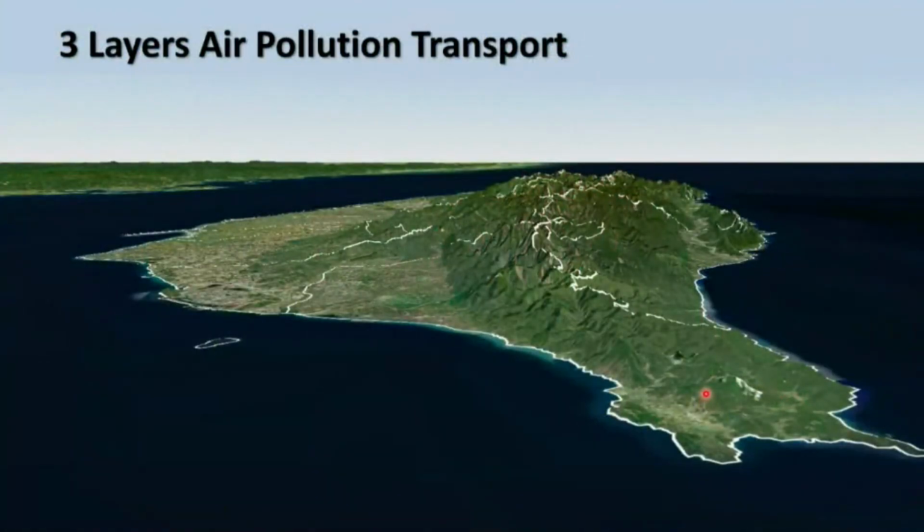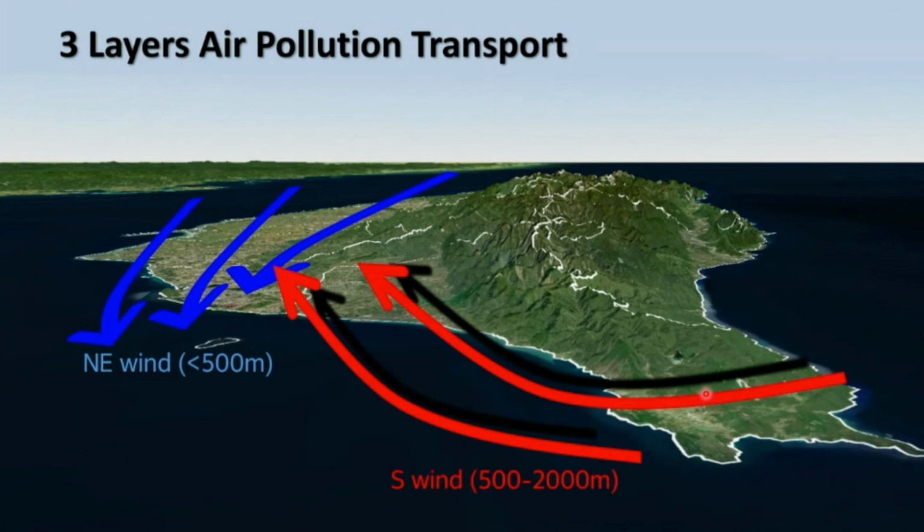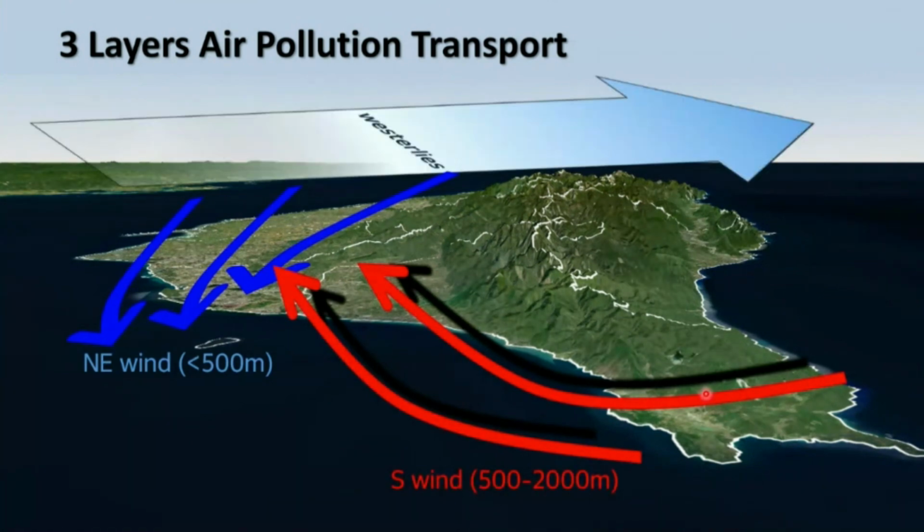So right now I have one conceptual model to give you more sense, more idea about the three layers of air pollution transport in this area. We have a northeast wind at the surface, a 500 meter high south wind, and in the upper level we have westerly wind. You can just remember this three-dimensional transport